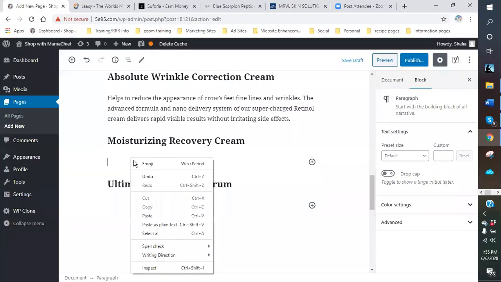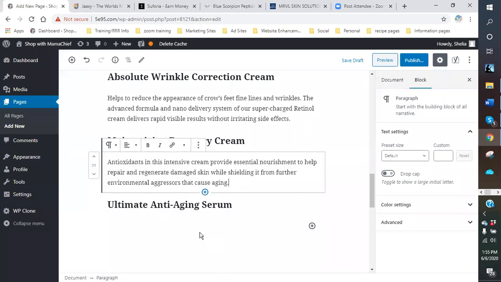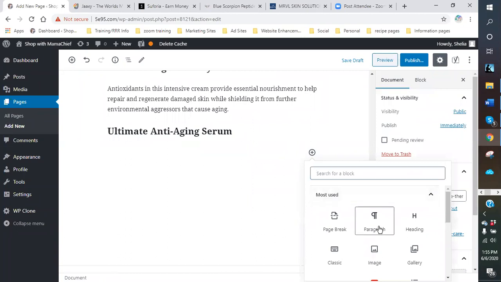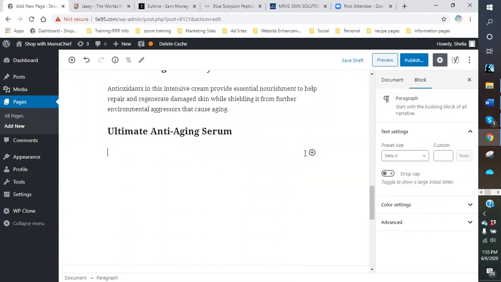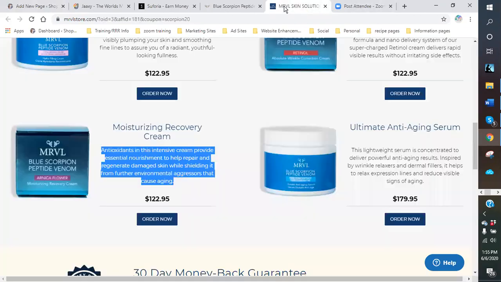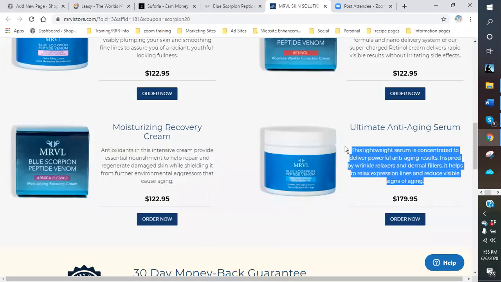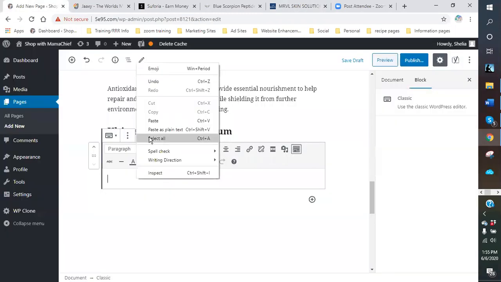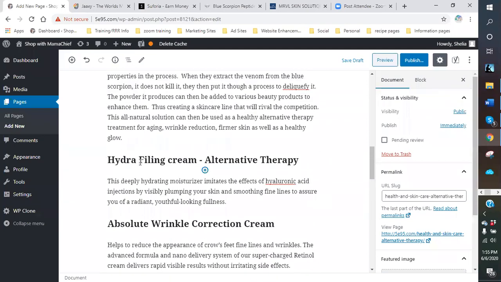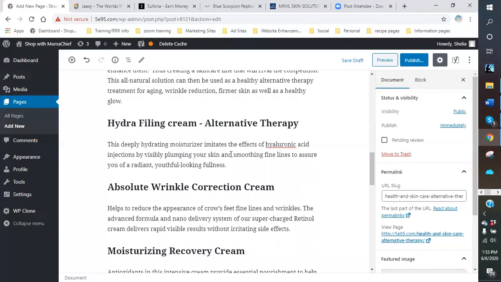And this will be a good place where you can do a comparison and contrast to maybe some of the other creams and serums that are similar to this on the market. Let's see, I want to do a classic. So let's do classic block here and grab this one. Paste. Okay, so now we actually have the different information in there. And like I said, I'm going to come back and rework this,